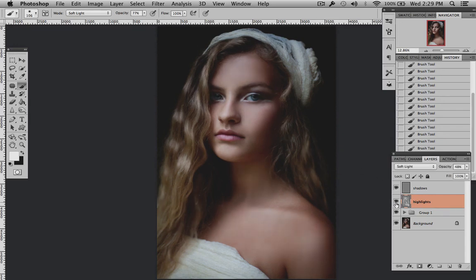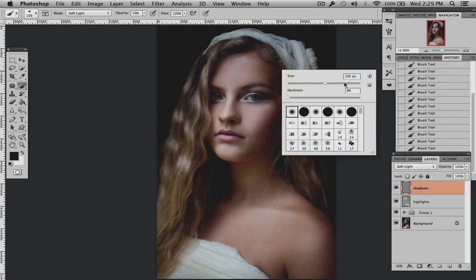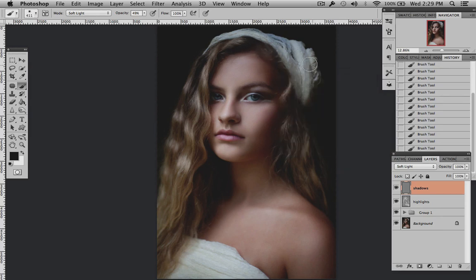And you can see what that has done. Just really highlighted the area. Now I'm going to move on to shadows, and you're still using your brush tool on soft light mode. I always bring the opacity down on shadows because it's always too much. But you're not going to use white, you're going to use black. And you're just going to highlight, or not highlight, but you're just going to paint over the dark areas or where you need them. And I always do at the hairline,